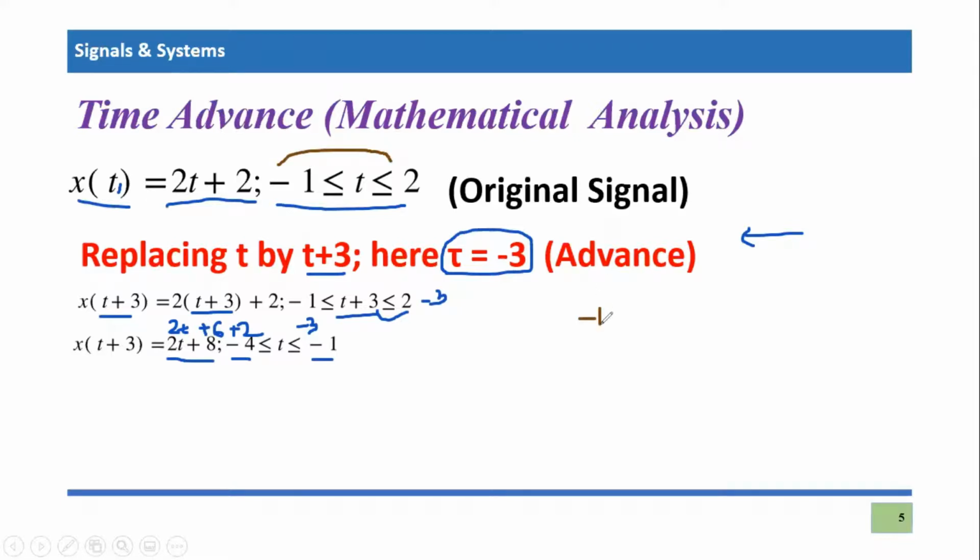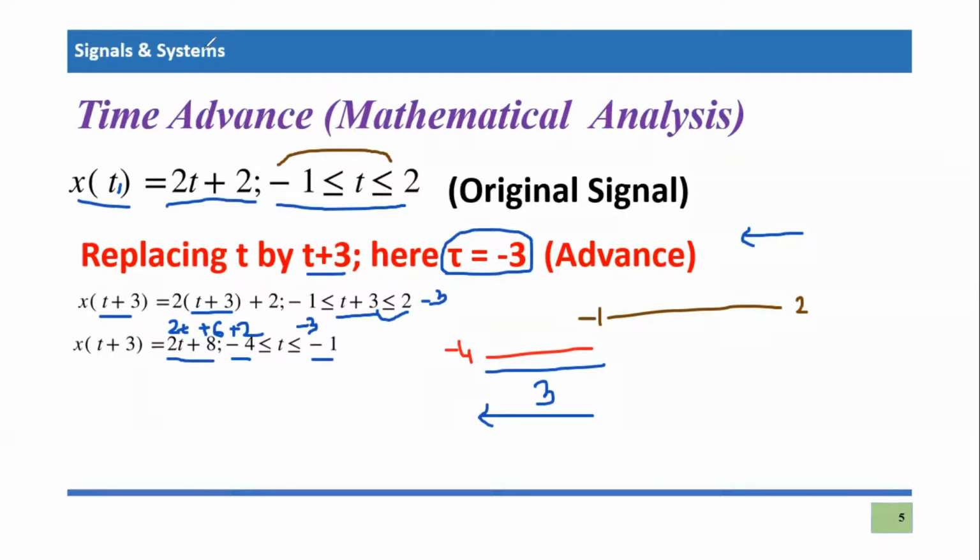So it starts from minus 1 and goes to what? 2, remember. But if you time advance the signal, then the signal now starts somewhere here from minus 4, and it goes to what? Minus 1. So if you notice here, what is the difference between the two values? This is the difference, and this signal has shifted towards the left side, which means it is time advanced, or the signal has appeared much before its original position in time. That is why it is called the time advance operation.